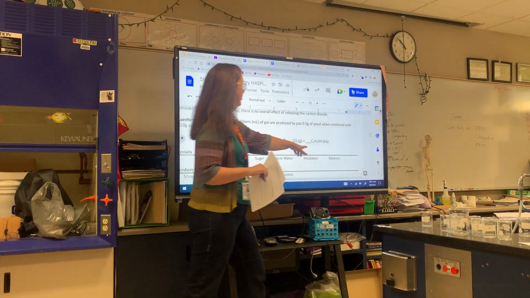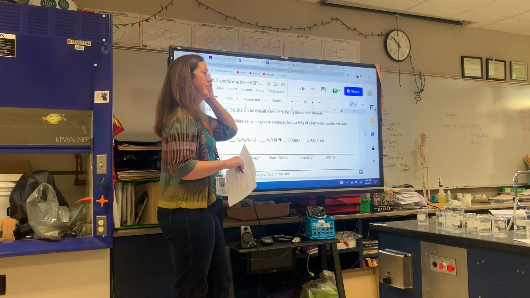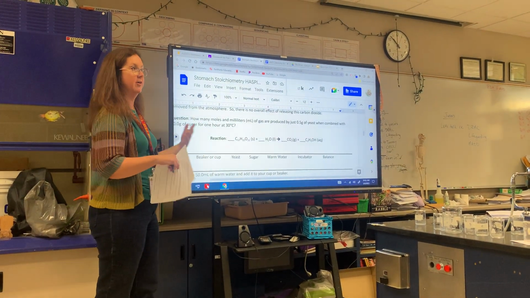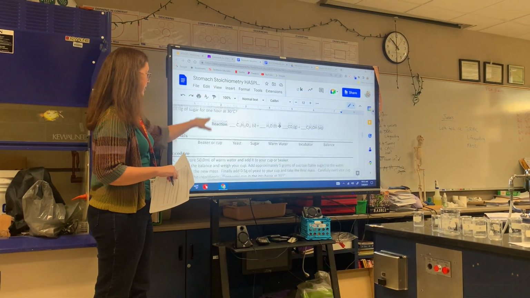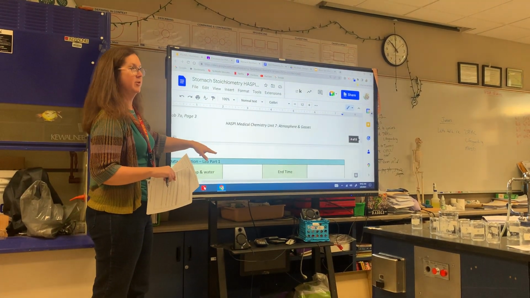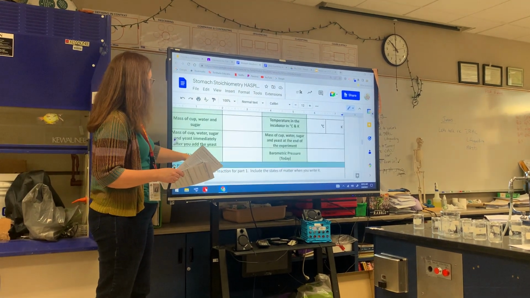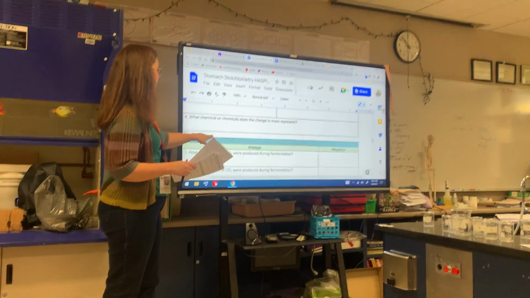What does AQ mean? It stayed in the beaker because AQ means aqueous, means it's part of the water solution, right? Aqueous relates to the word in Latin or Spanish for water, right? All right, and then